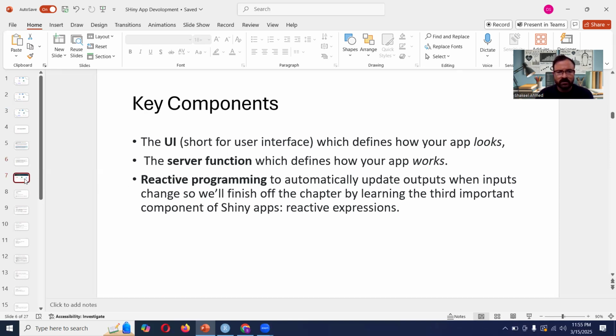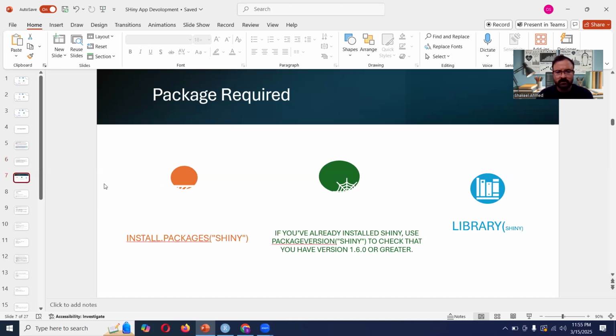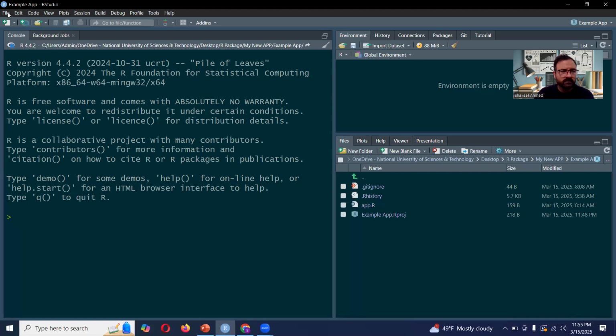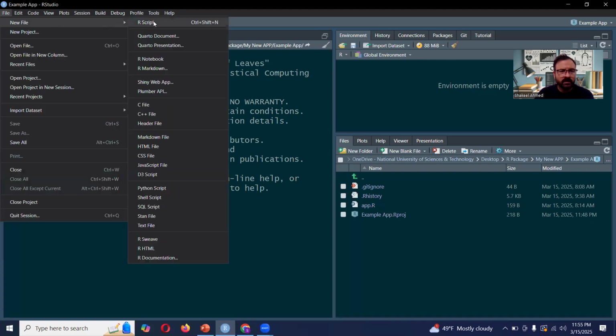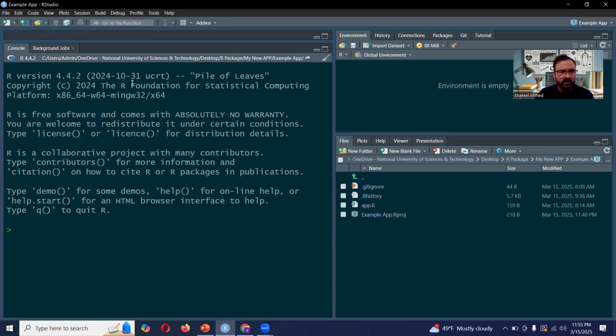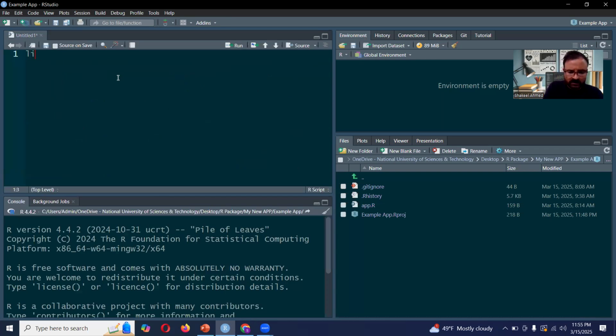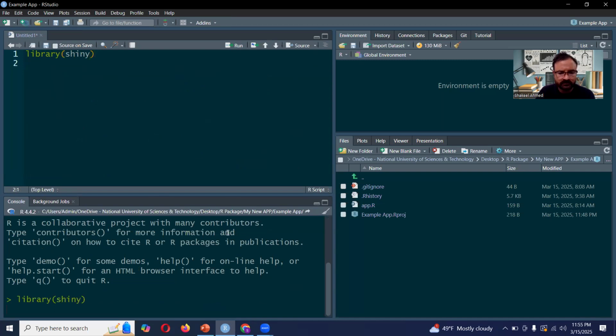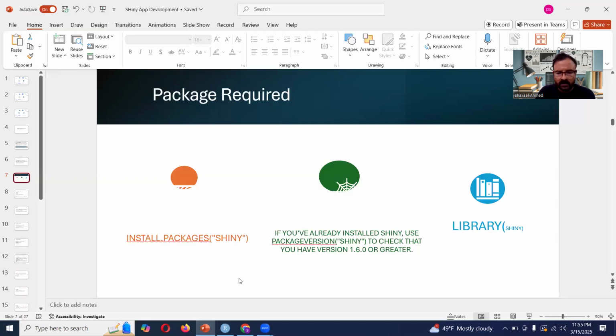For the package requirement, we need to install the Shiny package basically, and other packages according to the different tasks we need. So we start with our script, and I will just call the library Shiny. I have already installed it. If you have not installed it, you can install it. And then